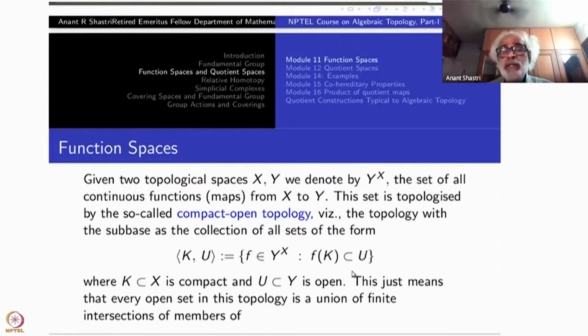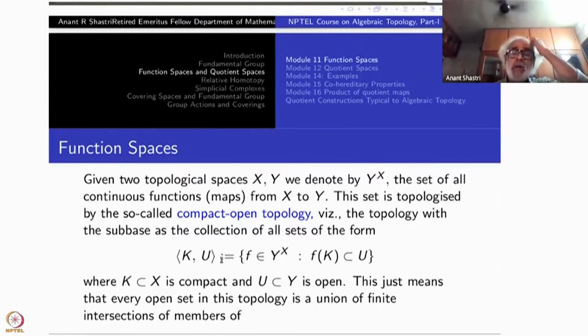So that is why this will become uniform continuity. With respect to this kind of condition, we automatically get uniform continuity on compact subsets. So this is the catch here: f of K contained inside U captures the uniform continuity aspect. So these K comma U will form a subbase, which just means that I have to take finitely many such sets, intersect them, and look at all such sets; they will form a base.